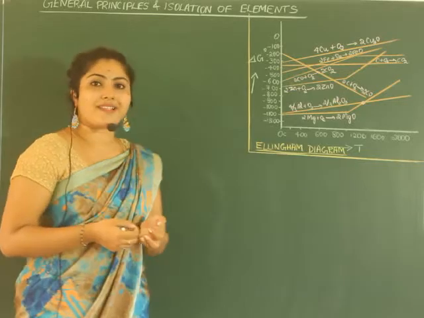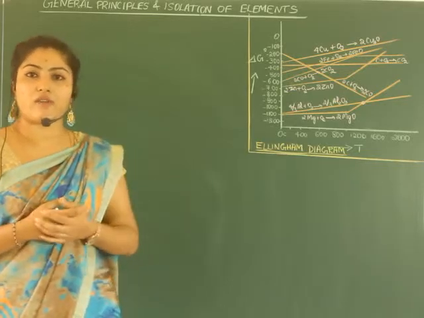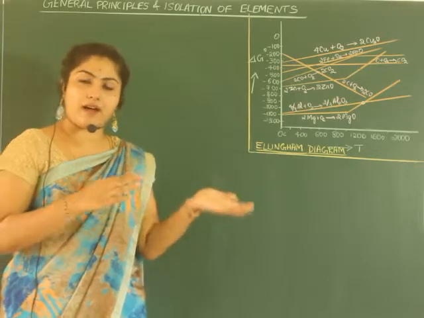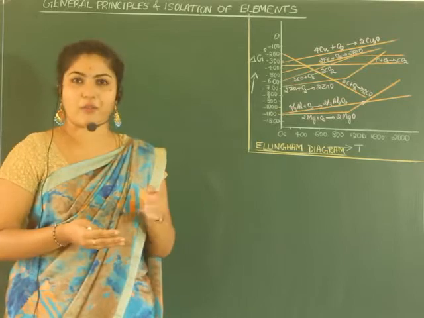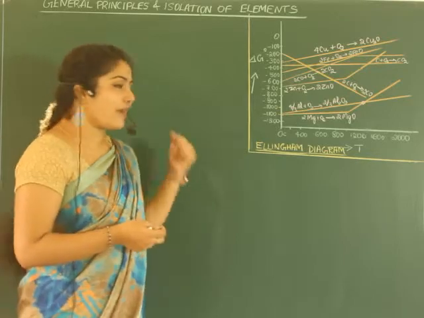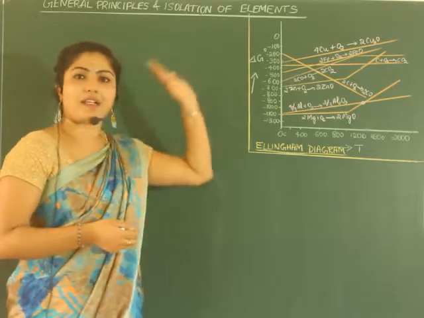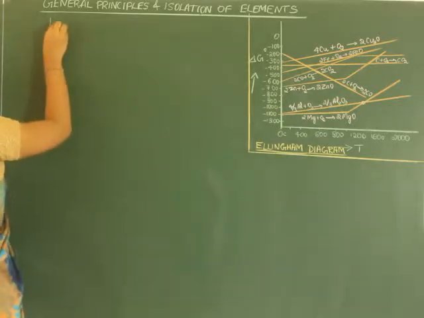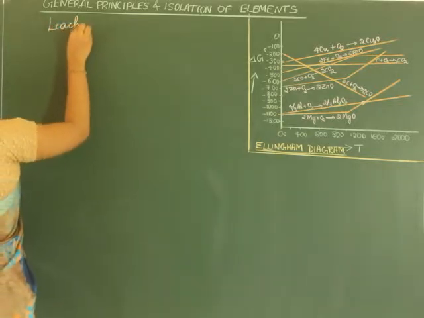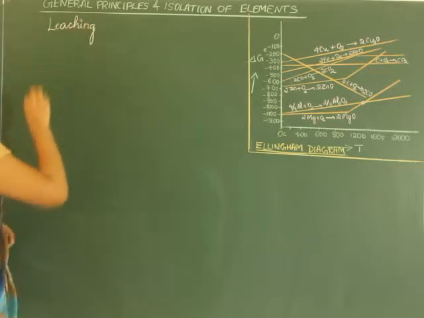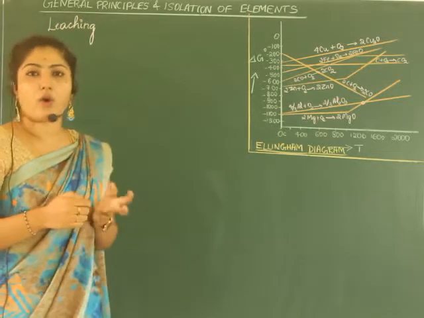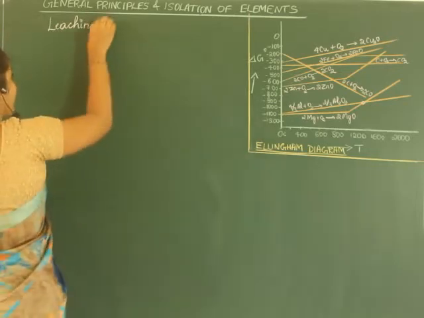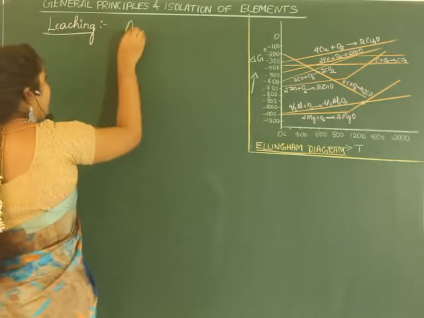There is one more example for the leaching process. Apart from bauxite, there is one more that we will be studying. To this diagram I'll come later. Now let us see, in the leaching process which we had studied, leaching of alumina or bauxite, that is the ore of aluminium. So in the leaching process, the other metals like silver